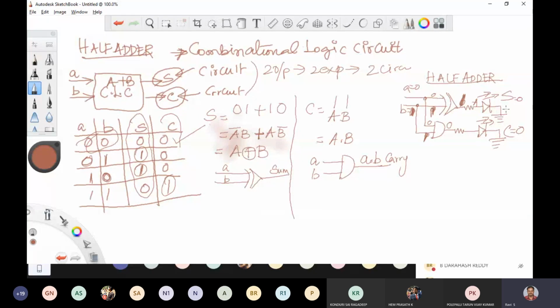If the LED glows, you can call the output as 1, high. So sum is equal to 1. Then if you come to the carry section, one of the inputs is 0, so definitely AND logic is 0. So this won't make your carry LED glow. So the carry output is 0. So the second line is also verified. Any doubt?